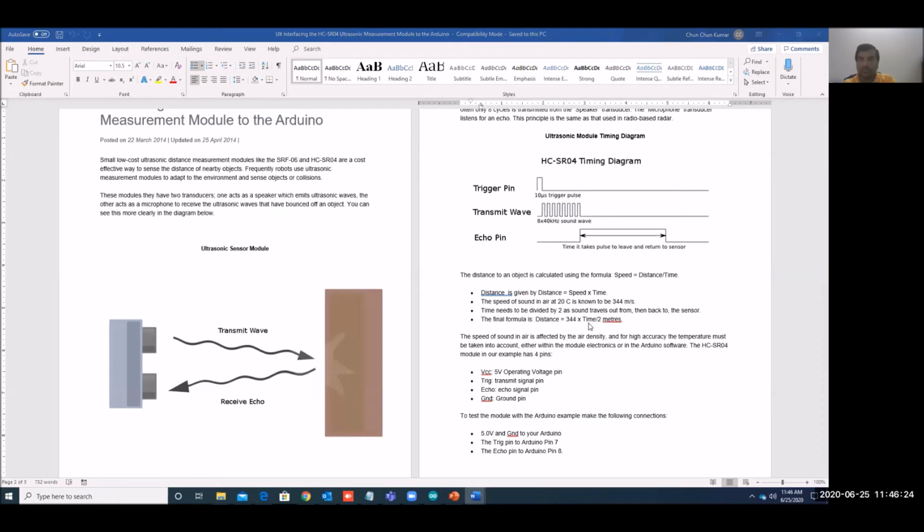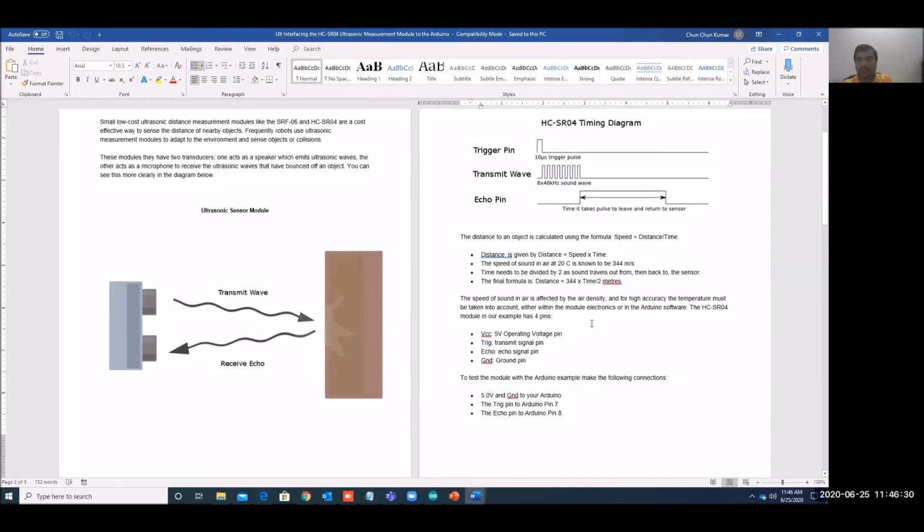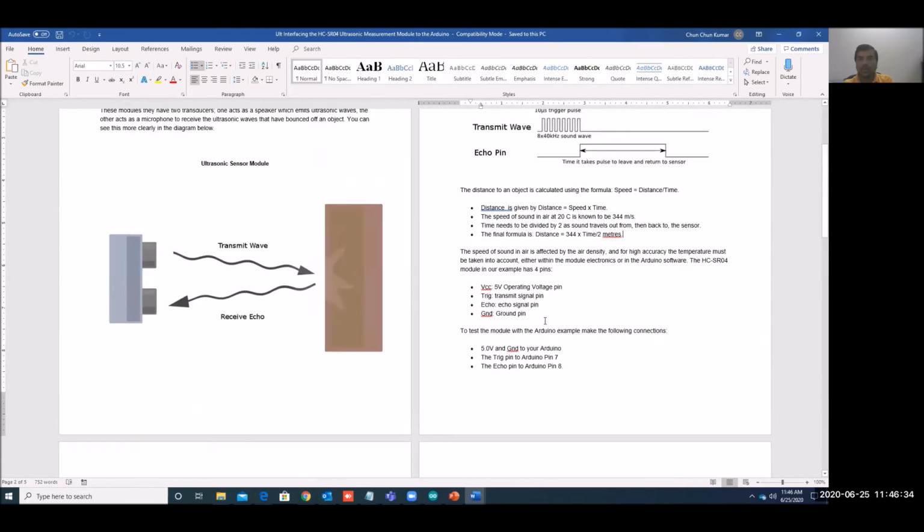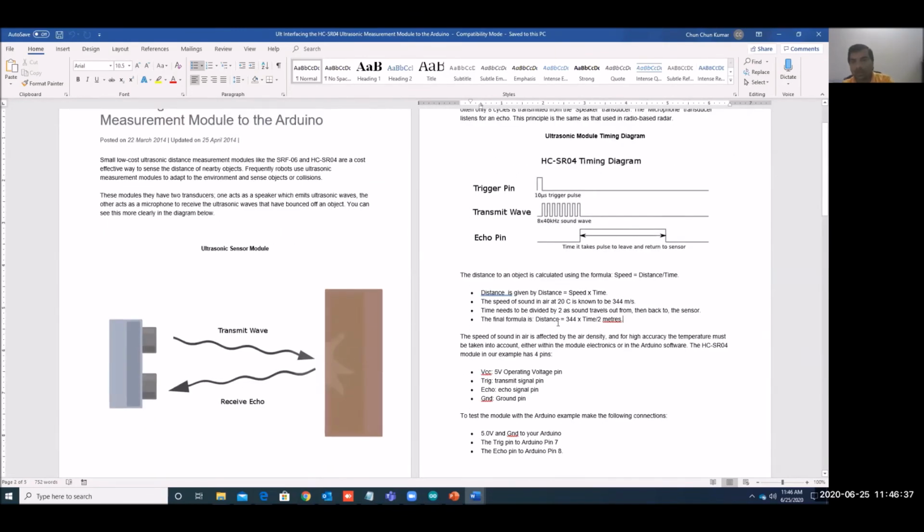Here you can see the formula. So for 344 they have taken as the distance, time, and for some 2 meters they have calculated. Accordingly you can calculate for 1 centimeter also, and then that value will come around. And also you have to divide it by 2, because you have to take the half distance. So combined together you will get that value. So directly I have multiplied that value.